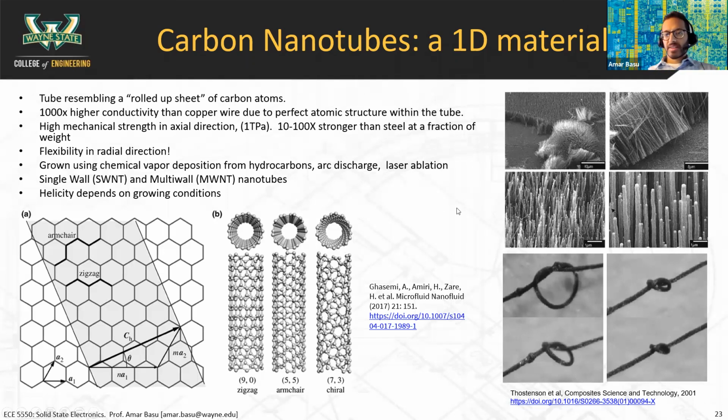By the way, the way these carbon nanotubes are made, you don't start off with a sheet and then try to roll it up at the atomic scale. No, that doesn't work. They are grown using a chemical vapor deposition technique, which uses hydrocarbon gases, and those gases are slowly put on the substrate using a process called CVD, and they literally grow up from the surface like this. So it forms these little hairs,